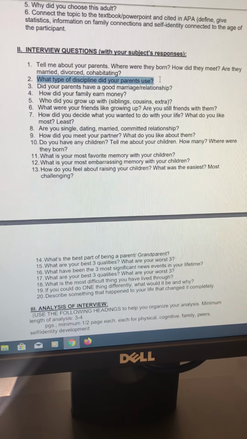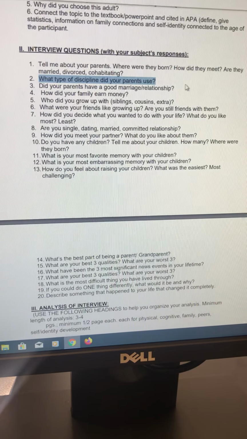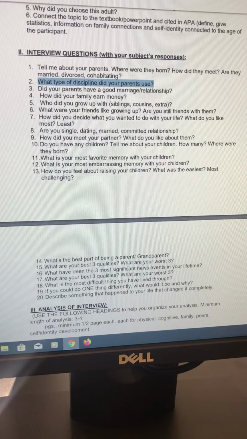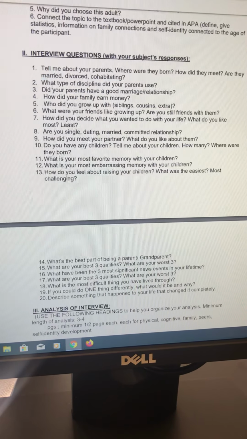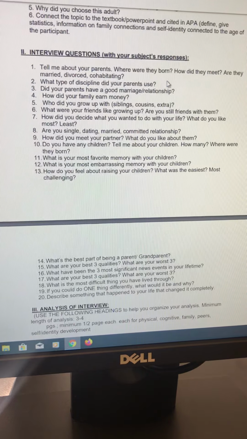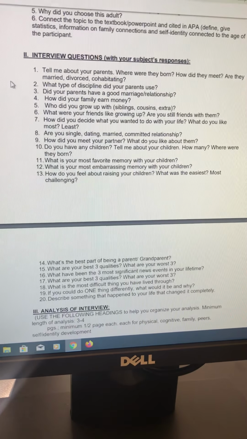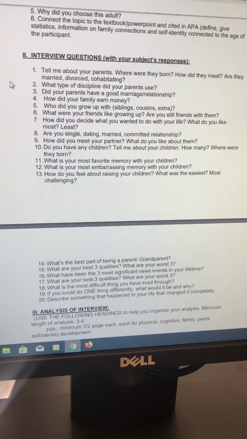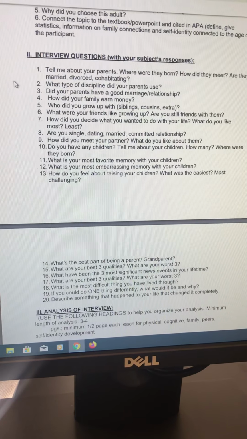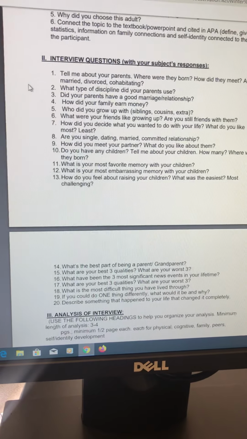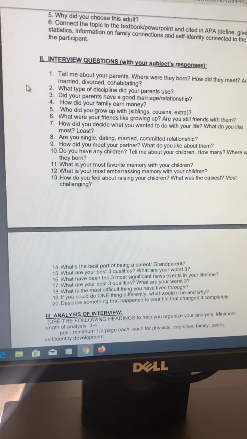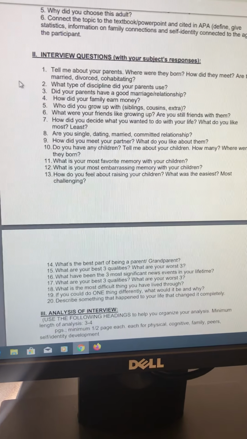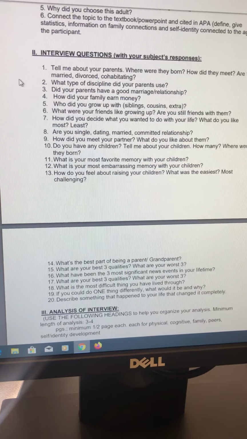Maybe this will make more sense. What I don't want is you to say, what type of discipline did your parents use? Susie stated that her parents were authoritative. No. What I want is something like, Susie stated that her parents were authoritative, and you can put the textbook definition in there. You can ask Susie what she means by authoritative, or maybe they're authoritarian. You need to know the difference too. Maybe: my parents used a lot of discipline, they were really strict, old school, or maybe my parents didn't have any rules. Whatever their answers are, it's going to vary for each person.